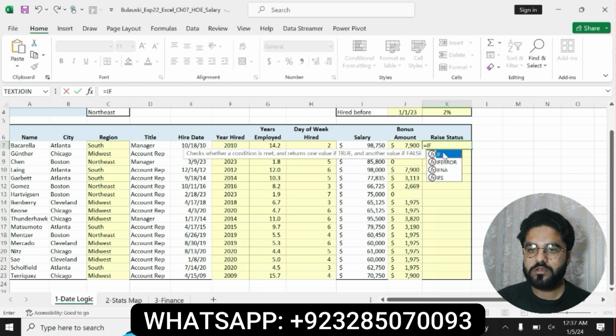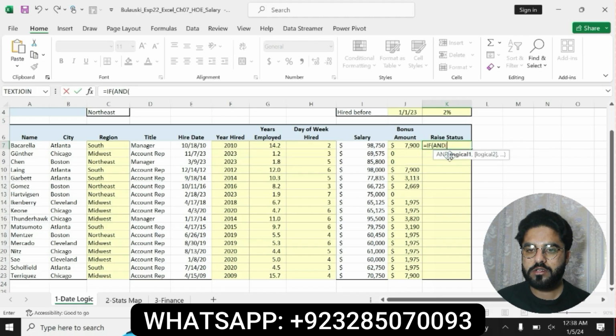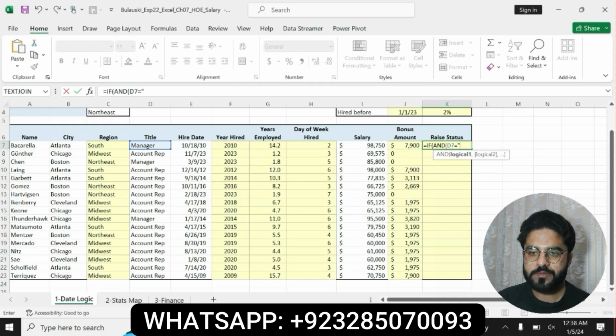In this cell, you will have to write a function equals to IF and the title is manager. If D7 equals manager,